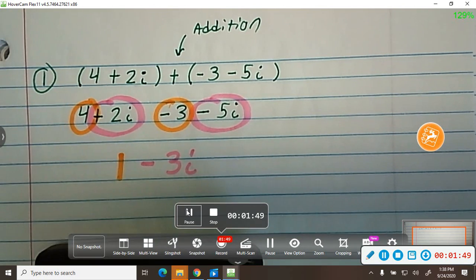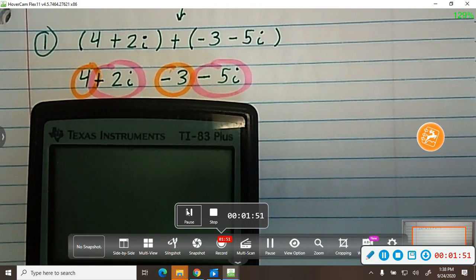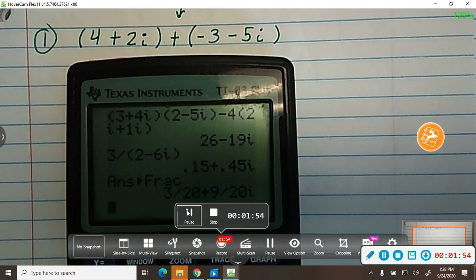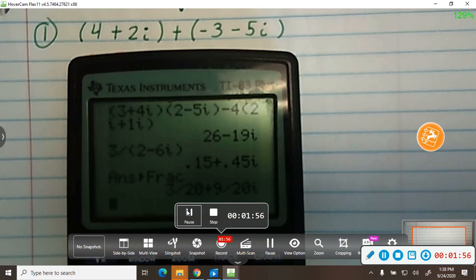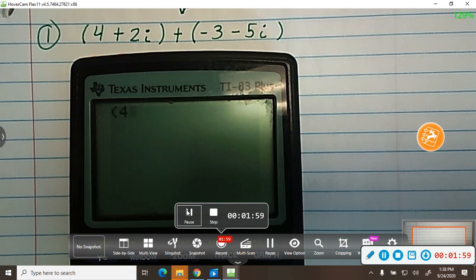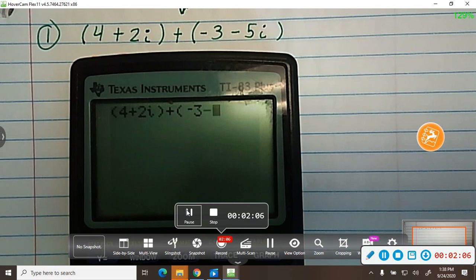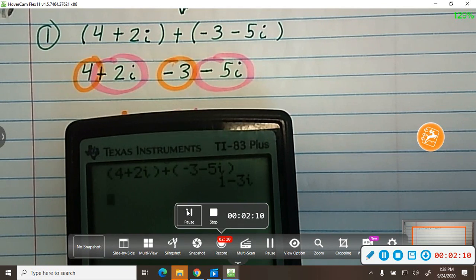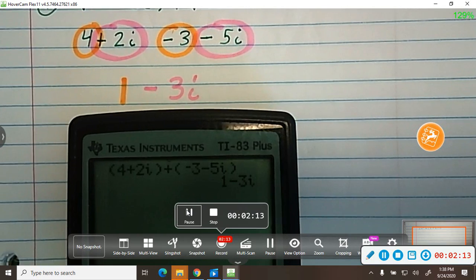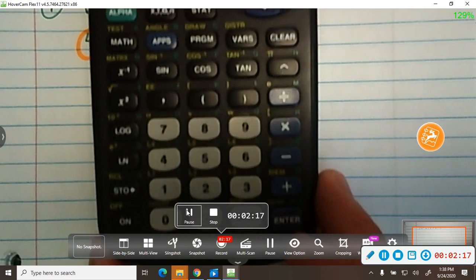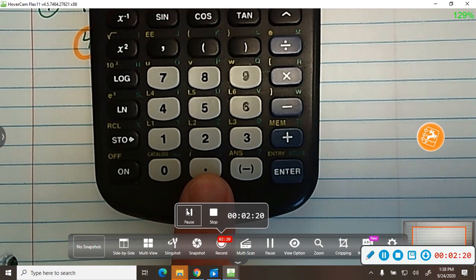And what's nice about your calculator, if I could type this in, 4 plus 2i plus negative 3 minus 5i, 1 minus 3i. See, same thing. Okay. Now what button did I use? The i is the decimal. See, the i is in yellow. You have to hit the